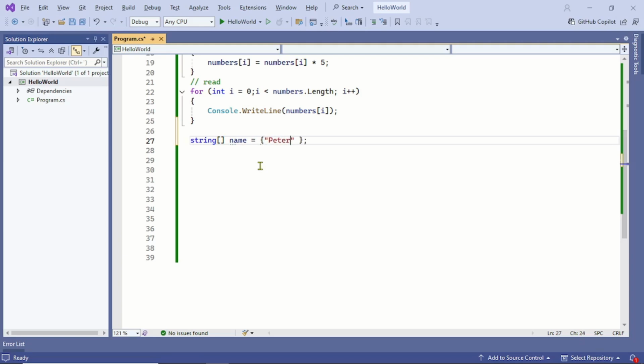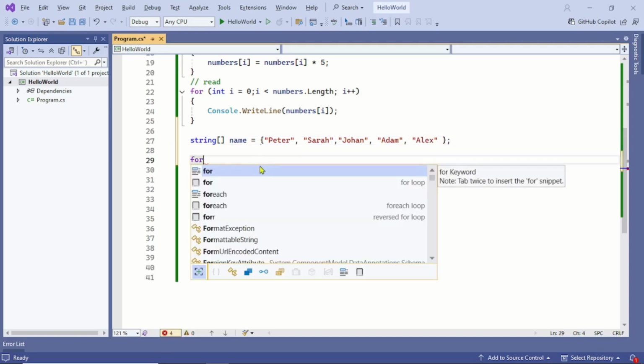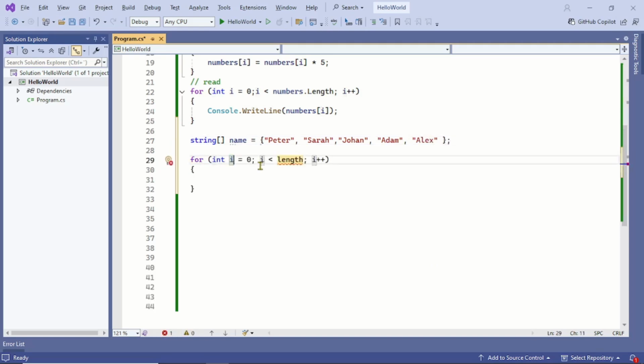Let's say Peter, Sarah, Johan, Adam, Alex. We can simply run a loop and read out all the names,